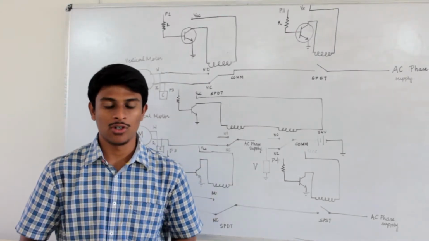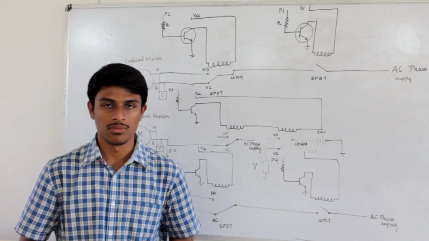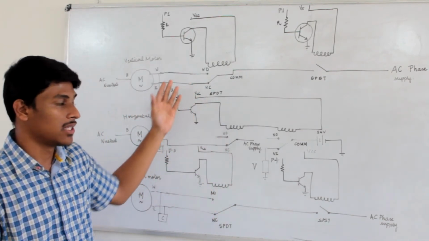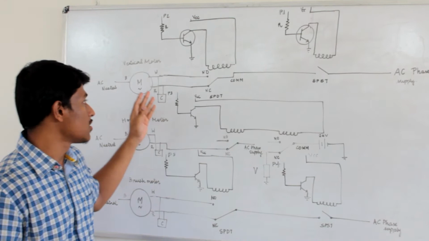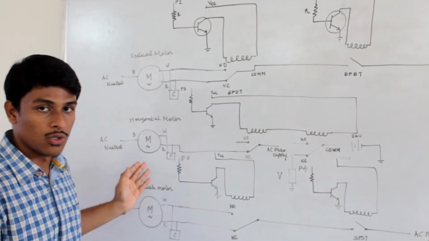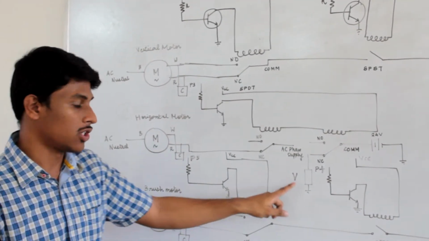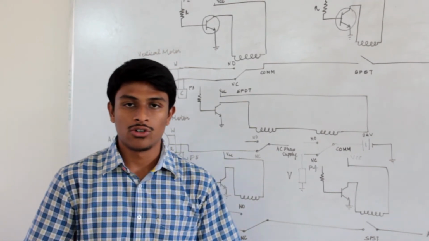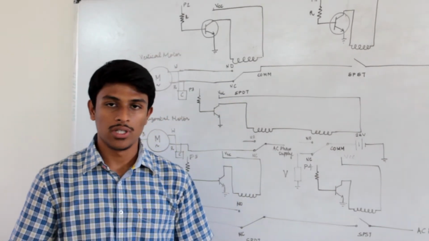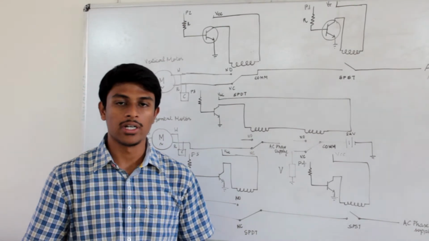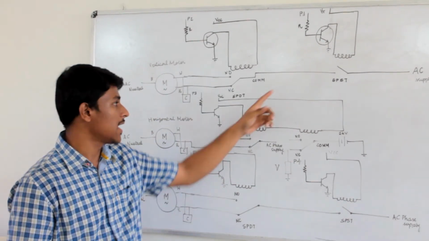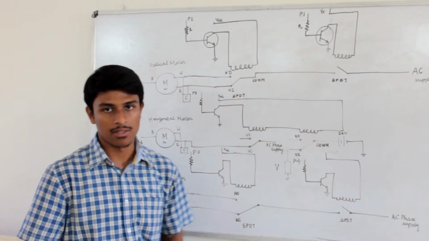Now let us see the hardware of the Automatic Skyscraper Window Cleaning System. The hardware is pictorially represented by the circuit diagram. It consists of the vertical motor, horizontal motor, brush motor, and the water solenoid valve. The microcontroller is interfaced with these components with the help of the interface circuitry. The interface circuitry consists of the SPST and the SPDT relays.